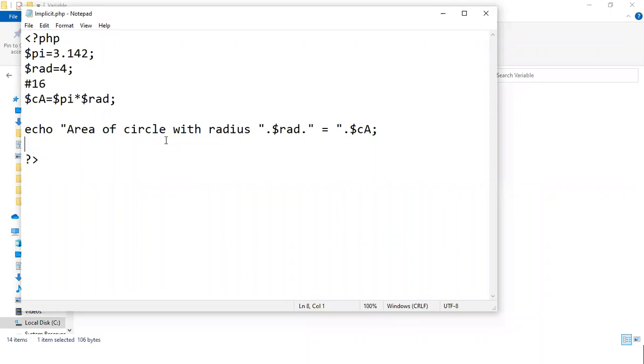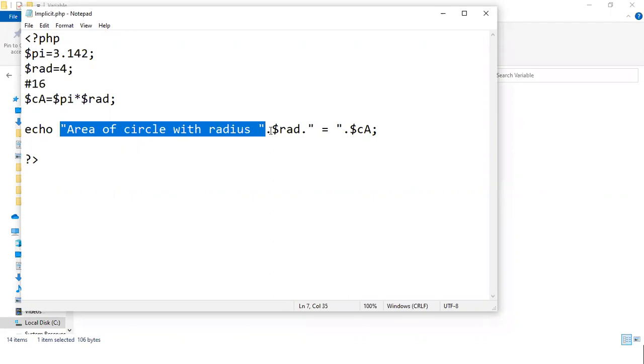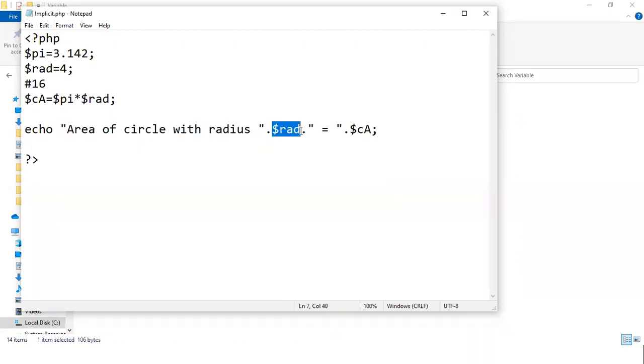Another place where we can do implicit coercion is in an expression. Look, this is a string value and this is an integer value.